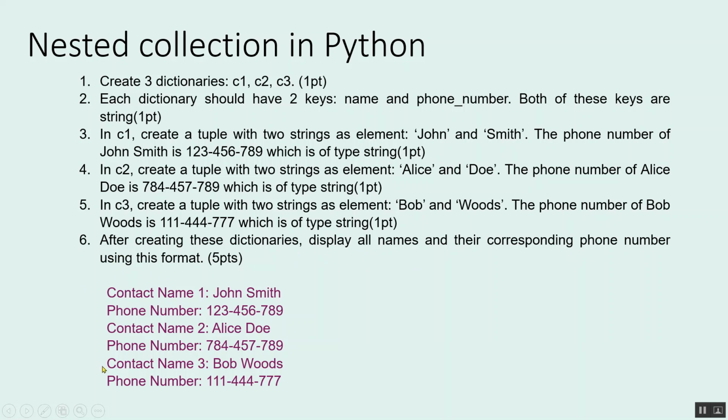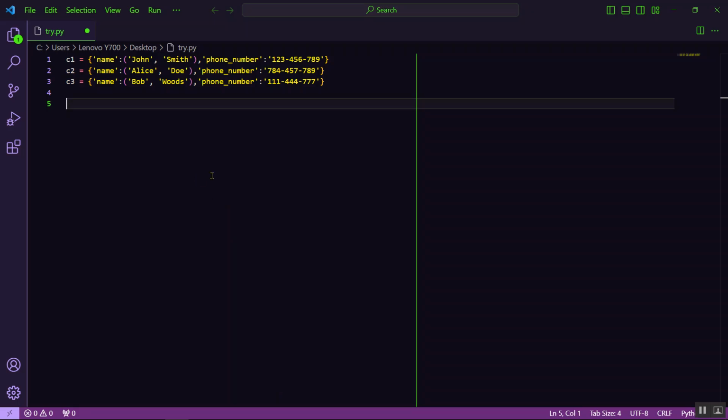So we have to build a string wherein John Smith is the contact name 1, and then its phone number is 123456789, followed by the contact name 2, which is Alice Doe, and her phone number 784-457-789, and then the last one, Bob Woods, contact name 3, and then the phone number 111-444-777. So in order for us to do that, we have to print, of course. So print,